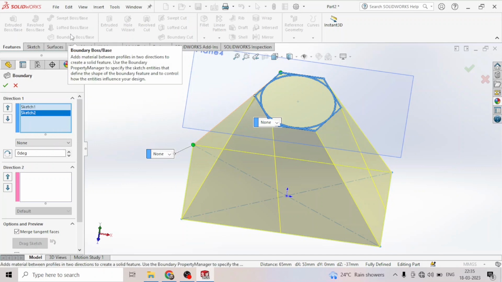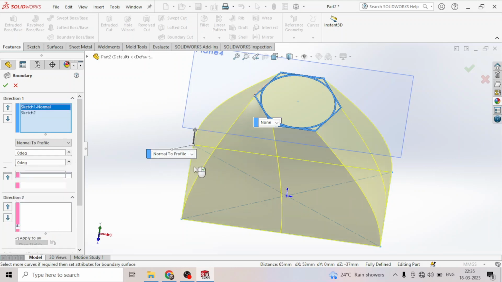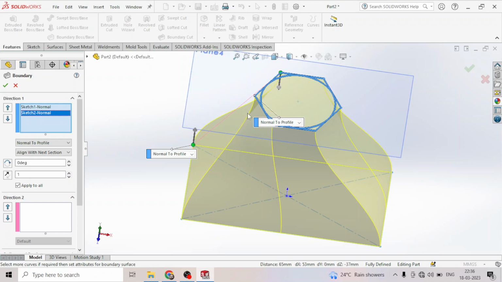Now in case of lofted boss base, we do not get this drop down with the two other options like direction vector and normal to profile. But here in case of boundary boss base, we get this drop down with the two options. If we choose normal to profile, the profile will go normal to the polygon shape, the plane of the polygon. So now here I am clicking on OK